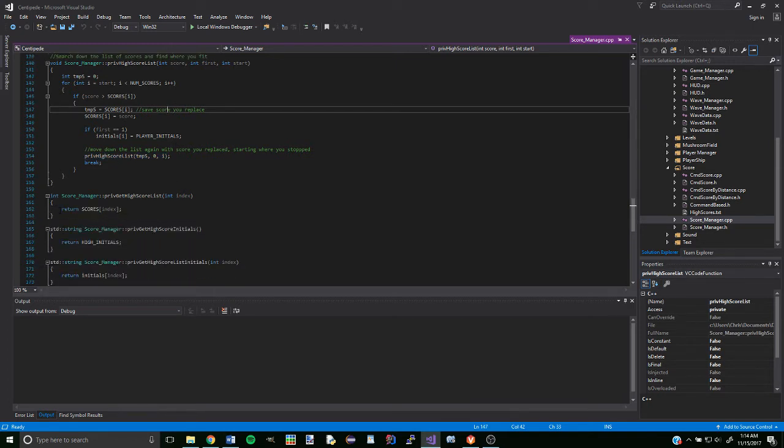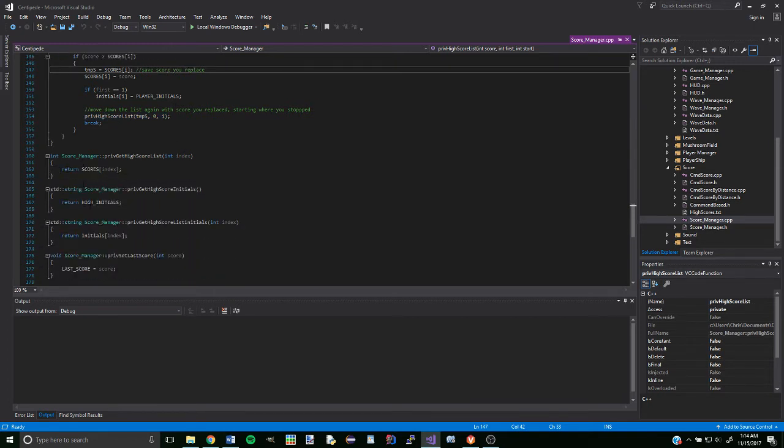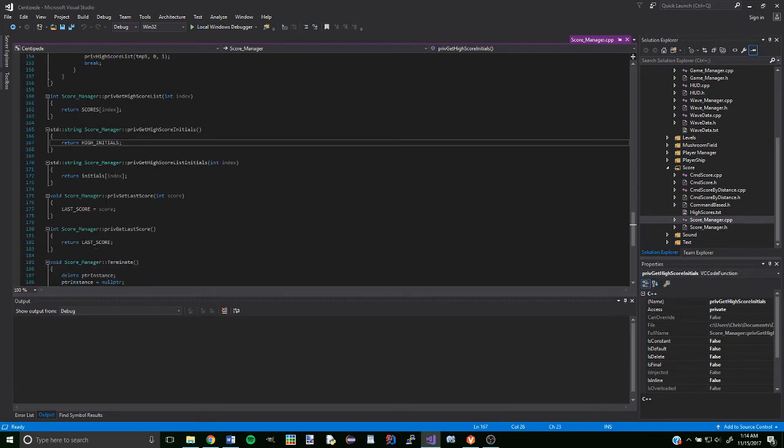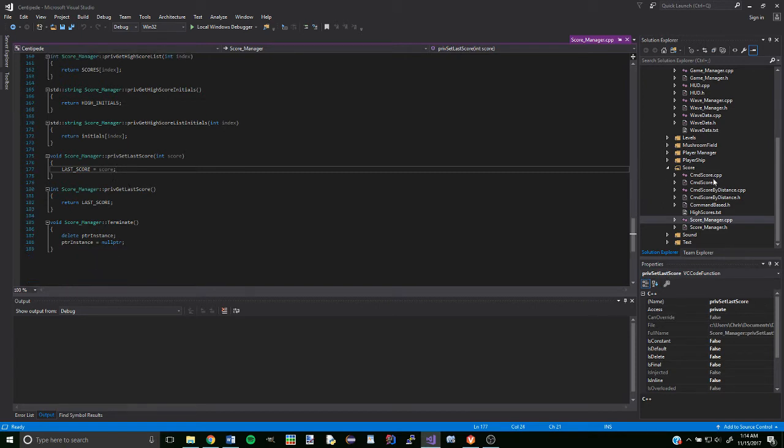But you can call to get HighScore function as well as get the HighScore initials. These are used by the HUD when printing out values. And then you can get last score, which is just used for printing out the previous score on the attractor mode. But if we come and look at the HUD